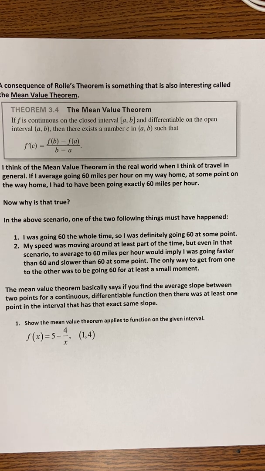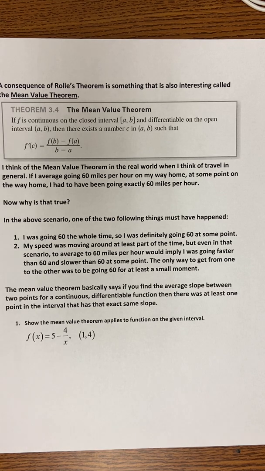Now, the way I imagine or think about that is that remember that slope represents in some ways velocity. So I like to think of the mean value theorem as when you're driving home or driving somewhere. If I average going 60 miles per hour on my way home, my average speed, at some point along the journey, I had to be going exactly 60 miles an hour. Now, why would that be true? One of two things would have to happen if I averaged 60 miles per hour on my way home. I either was going 60 the whole time, which definitely means I was going 60 at one point,